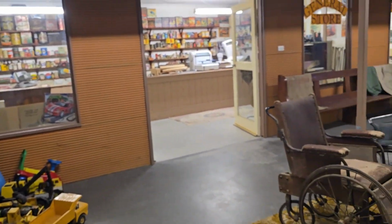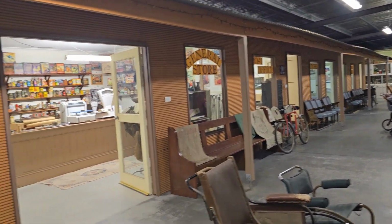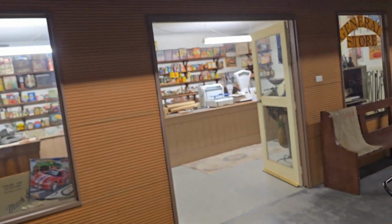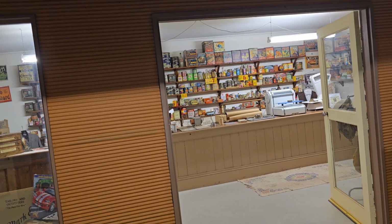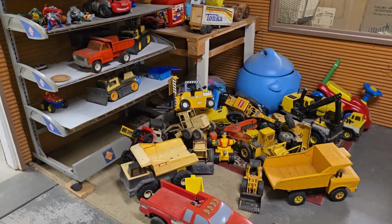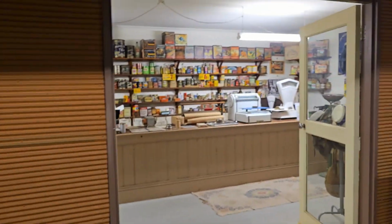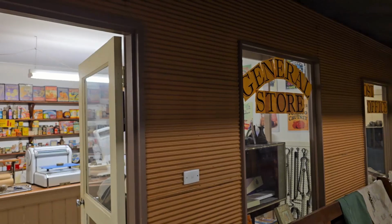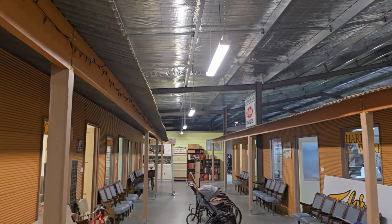Now this section is where they've set up like some shops. We're roughly in the middle of the old shed. And this side is the general store. Oh look, they've even got a section here of old toys just for kids to play with, I'm guessing. All right, so the general store. This is cool. So they've got a kind of a veranda on each side over the shops, all within the